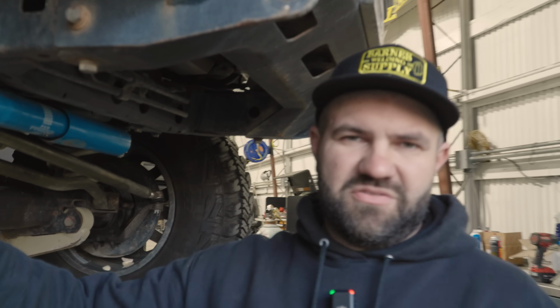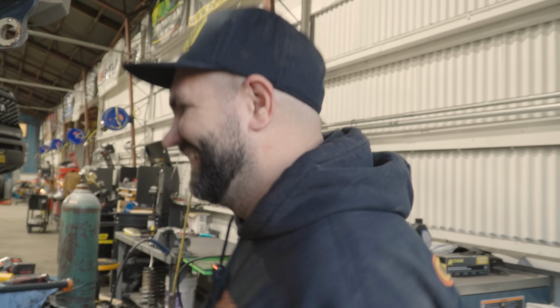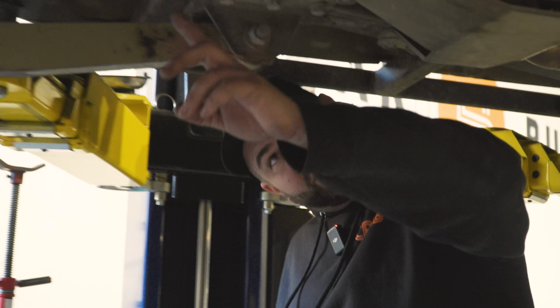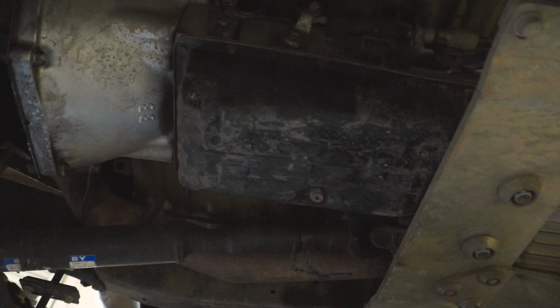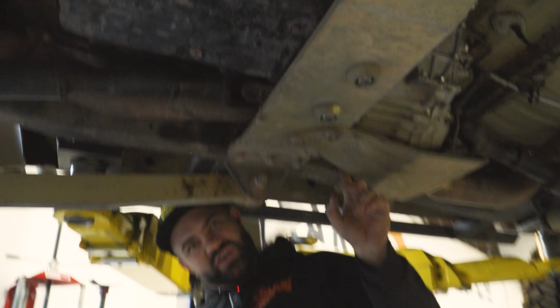Now, the steering box is on the wrong side for some reason. It's usually on that side. It's on the wrong side. Wonder why. Yeah, what powers this thing? A big fat diesel Toyota engine in the front, a 100 series transmission, and I believe it's a 70 series transfer case. So it's got like a...